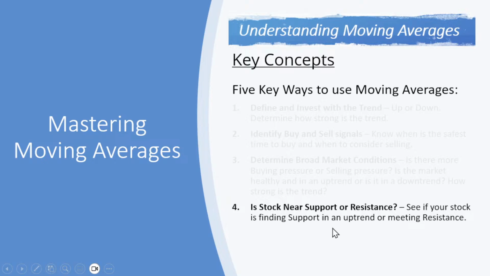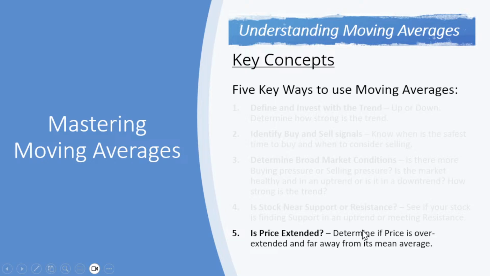The way we usually think about support and resistance are horizontal lines at almost precise or exact price points. They're also zones. It doesn't have to be exactly to the penny, but you know what I mean. The horizontal support and resistance zones. Moving averages are support and resistance, but they're dynamic and they keep moving.